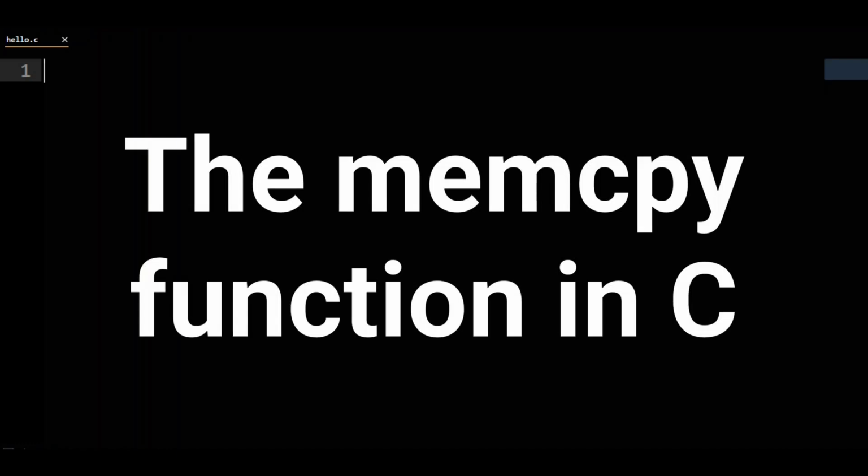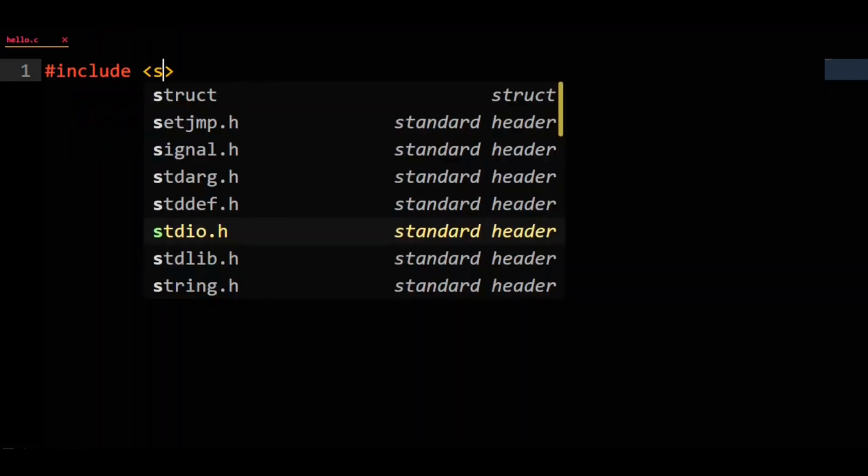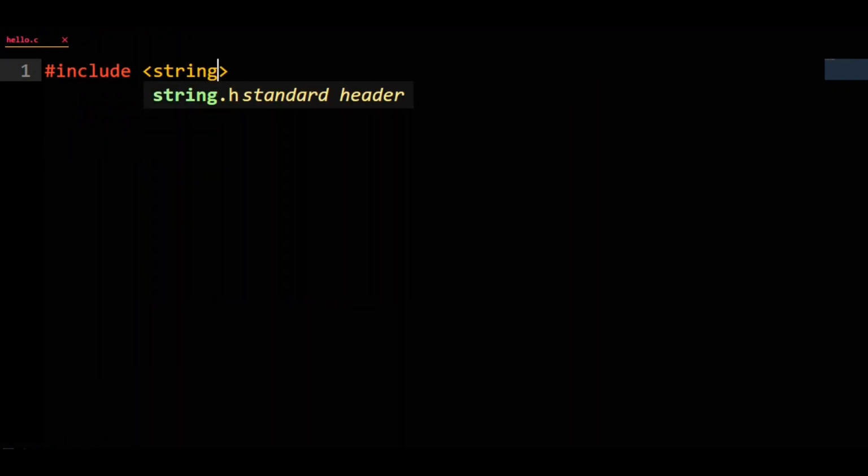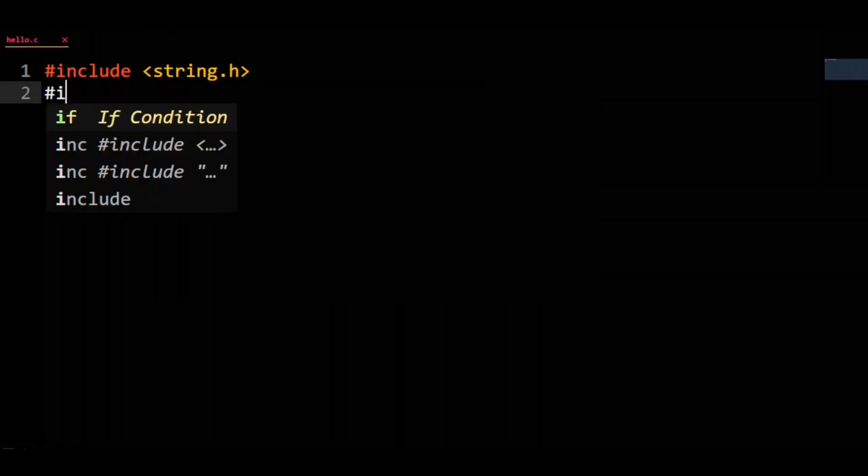The memcopy function in C copies data from a source to a destination. Memcopy is in the string.h header file, so we will #include string.h. We will also want to print our answer out, so we will #include